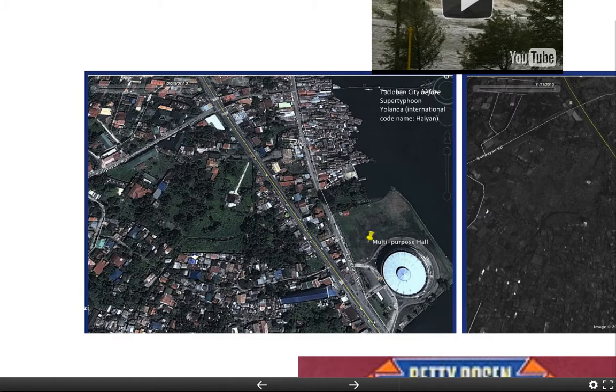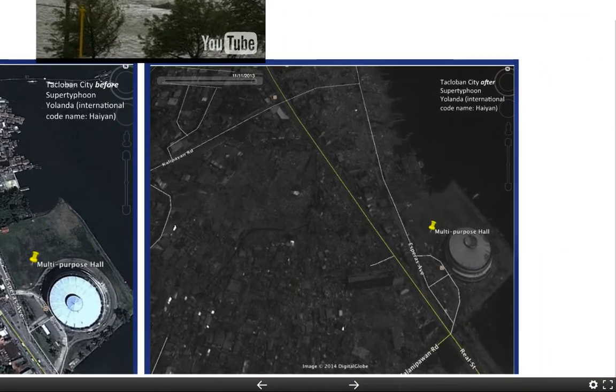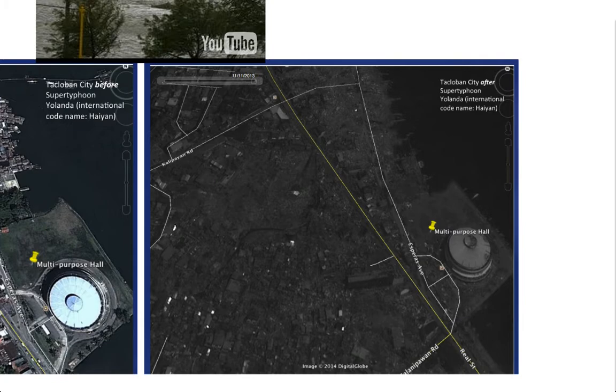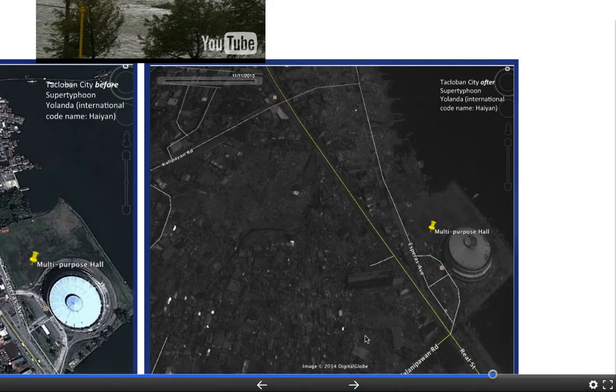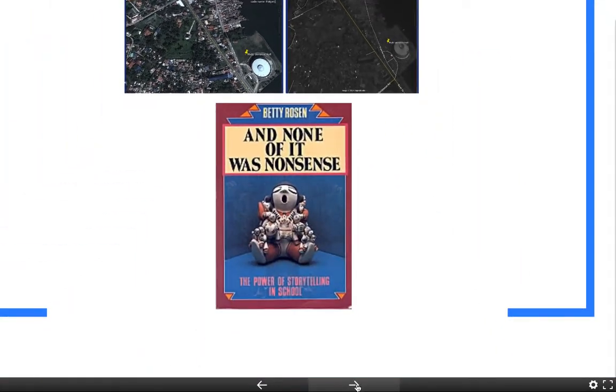I'll show them the picture of my hometown sometime in February of 2012. And then I'll show them a picture of my hometown the day after the typhoon hit, and the storm surge from the bay surrounding the city submerged the entire city. So they can see that all the color, all the houses that you should be able to see in this picture have all disappeared. The devastating effect of the storm surge.